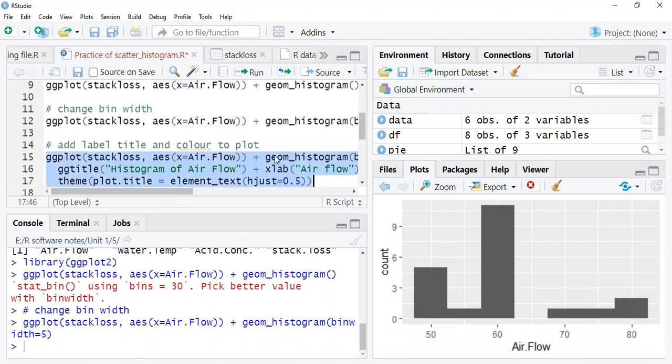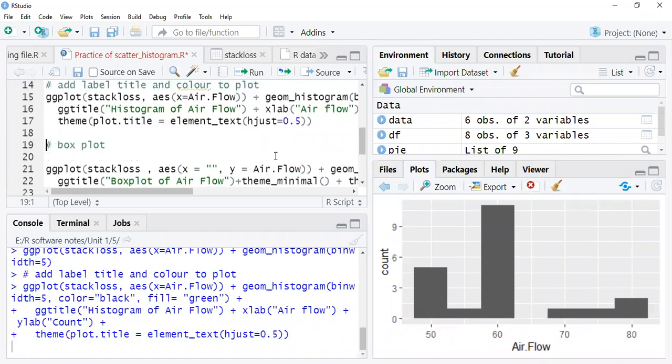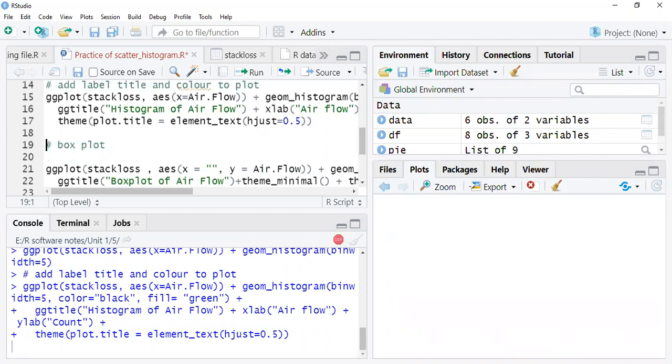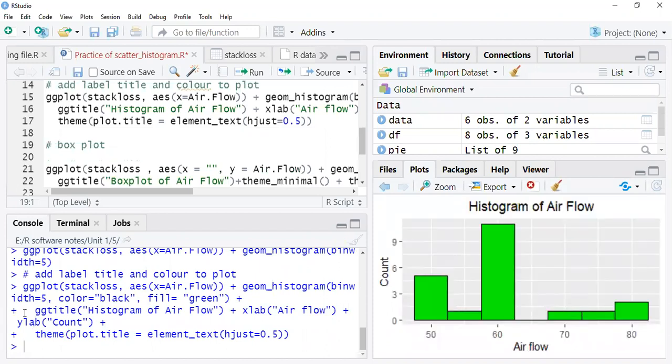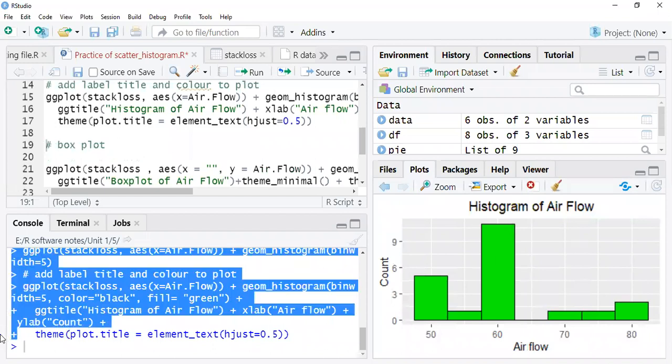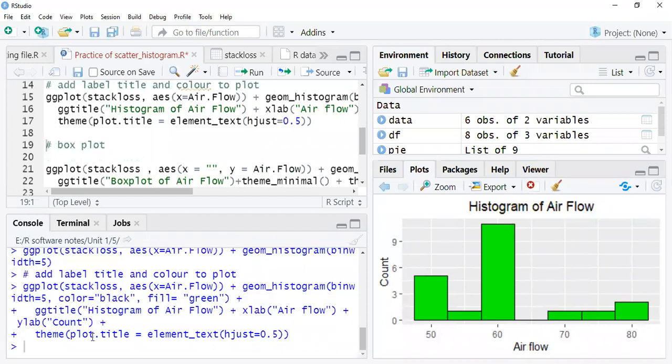If you execute only half of it, let me execute half first. Just see the cursor in the console as well as in the source. If I execute this, it executed, but you can see it is executed with a plus in the console. If you don't want this plus, you just select this and execute.